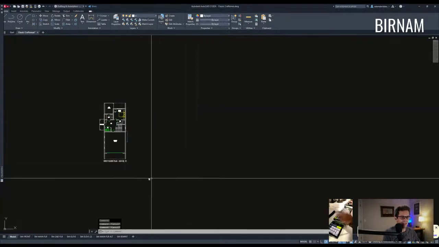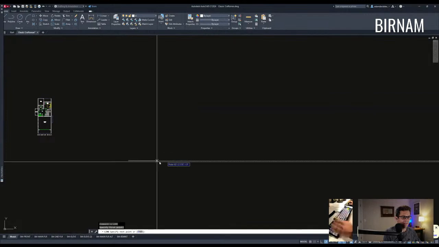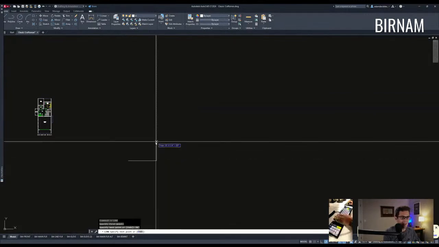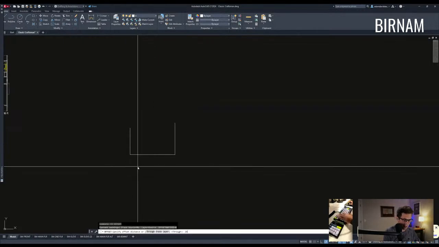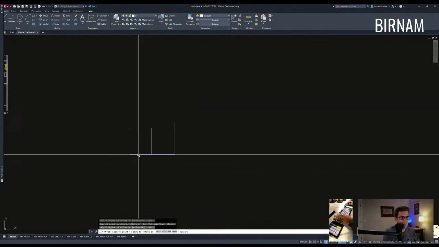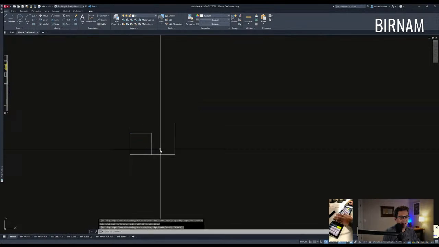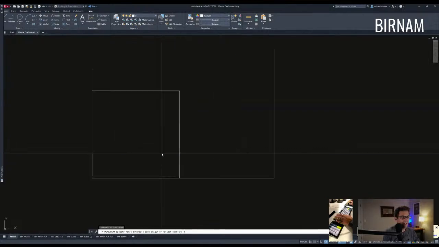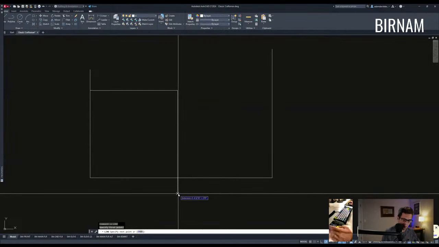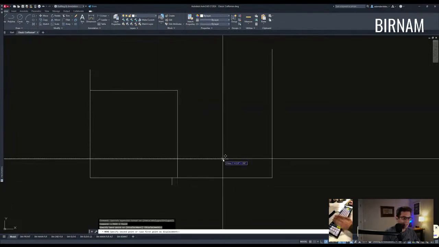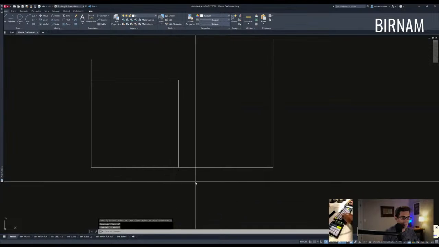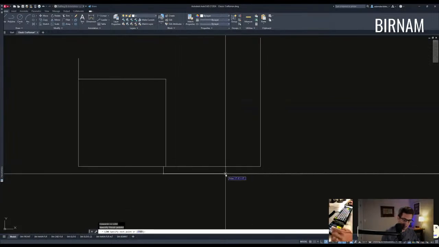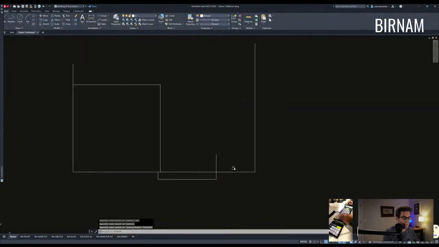All right, so this was one I did previously. I like to start with an old drawing file. I just find it's easier to start with something that has all of the data in there already. All right, so that is 24 by 24. We have 50 foot wide. Those 2 lines are 50 feet wide. And that garage is 24 by 24. So let's come out at least 2 feet with that front porch. It's going to hang over at least 8 inches. And then maybe 16 feet wide on it, maybe 8 feet deep. I'm just choosing even measurements here